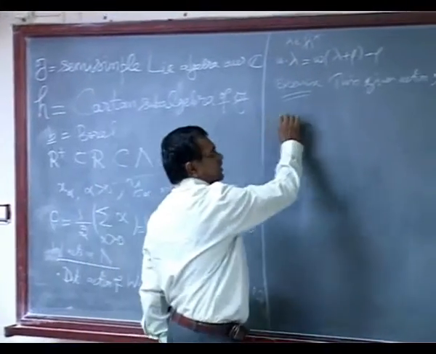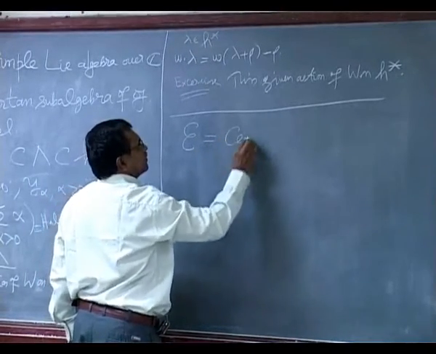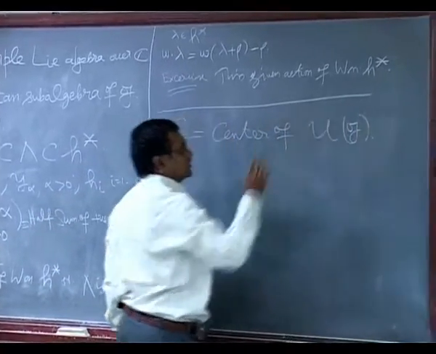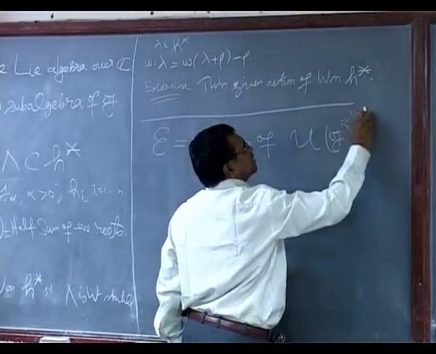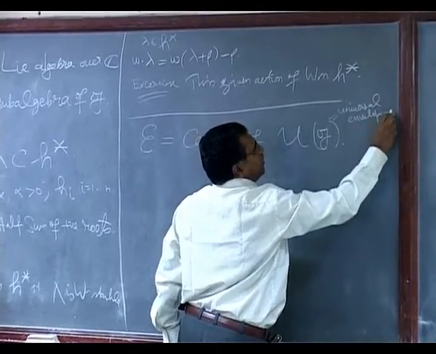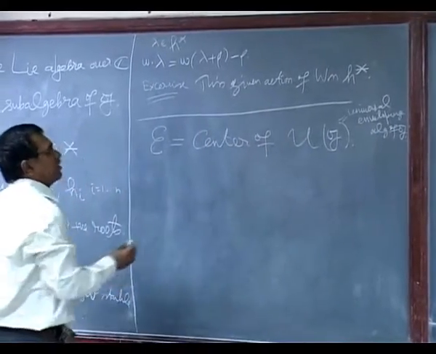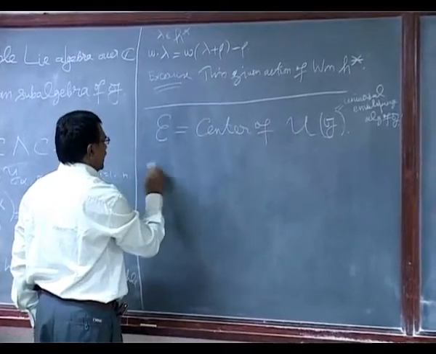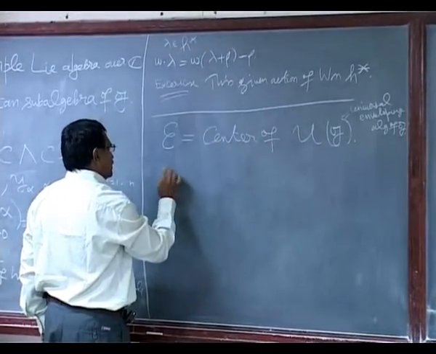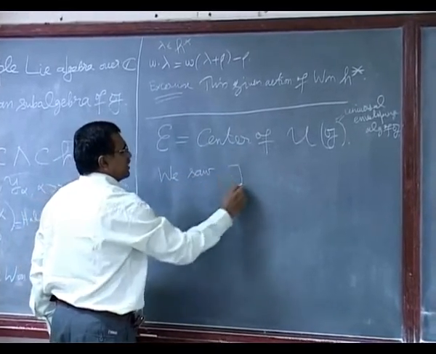Yesterday, I recalled that we have the epsilon, the center of U(g), the universal enveloping algebra. This is the center, and we saw yesterday that there is a